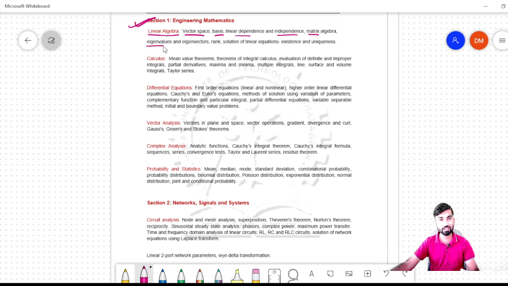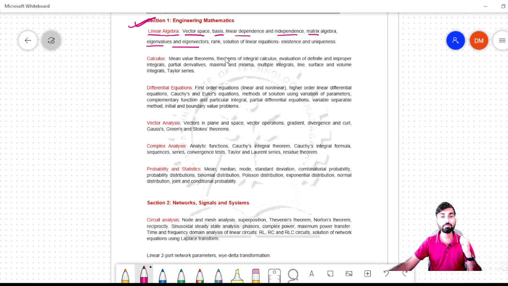Then you have to understand what is matrix algebra, and these are the important topics. And I'm also going to conduct one session on eigenvalues and eigenvectors, right? You must know the difference between vectors and eigenvectors, and what kind of condition a vector present in the vector space must satisfy to be called an eigenvector. You will find in the space a bunch of vectors, a list of vectors, and which vectors qualify as eigenvectors, and which value is said to be the eigenvalue, right? So you need to know all these things, right?